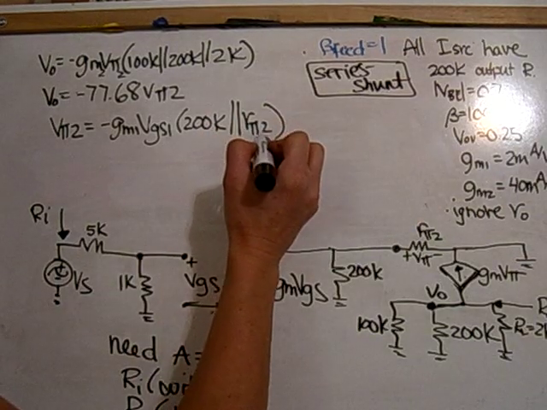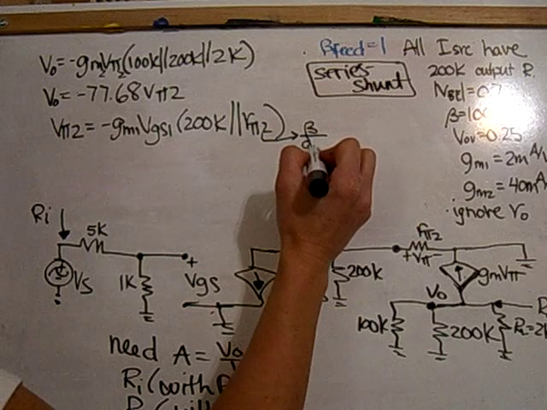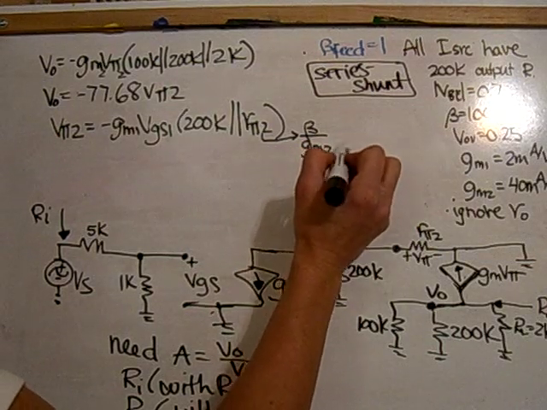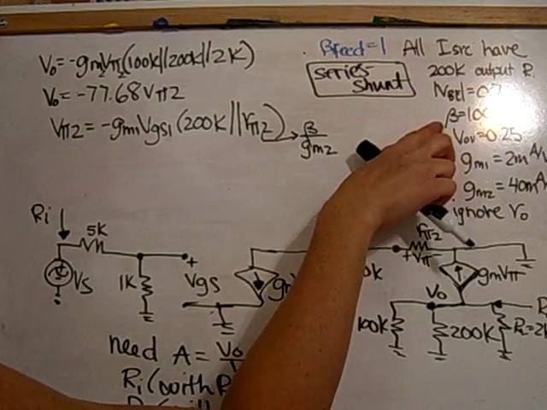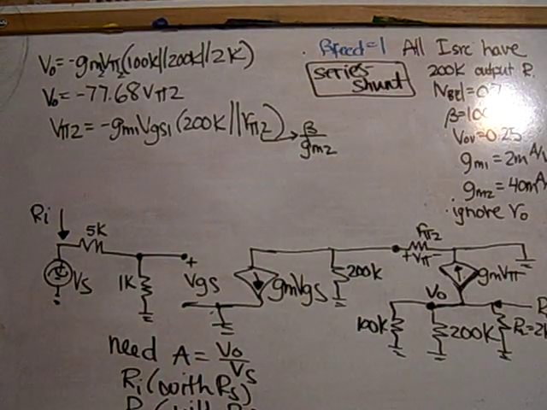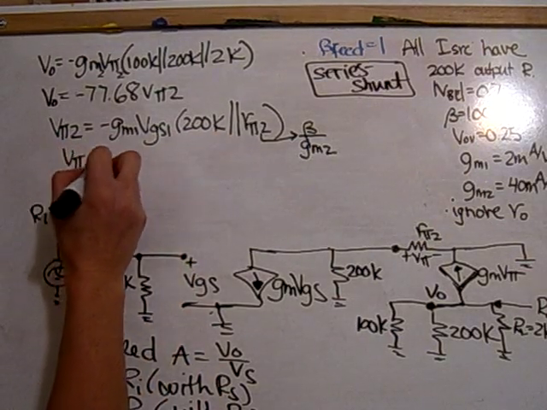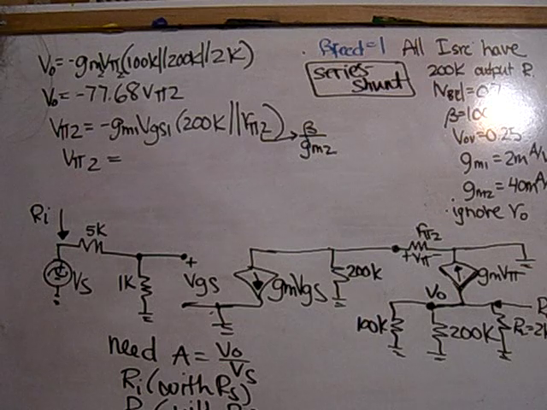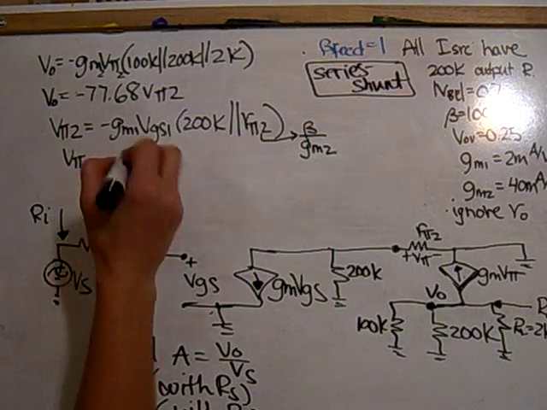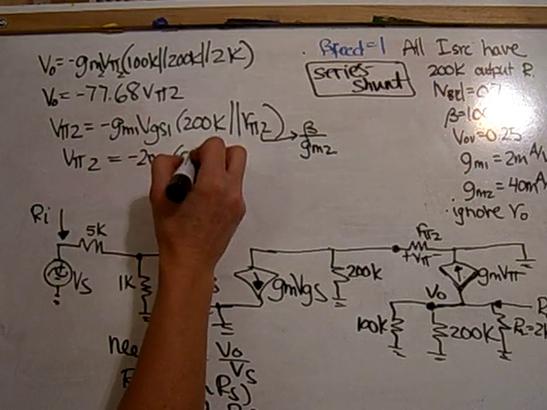And R pi 2 is beta over GM2. Remember, this beta is 100. It's not beta feedback, so make sure to keep those straight. And plugging that in, I get that V pi 2 is equal to a minus 2 milli 2469